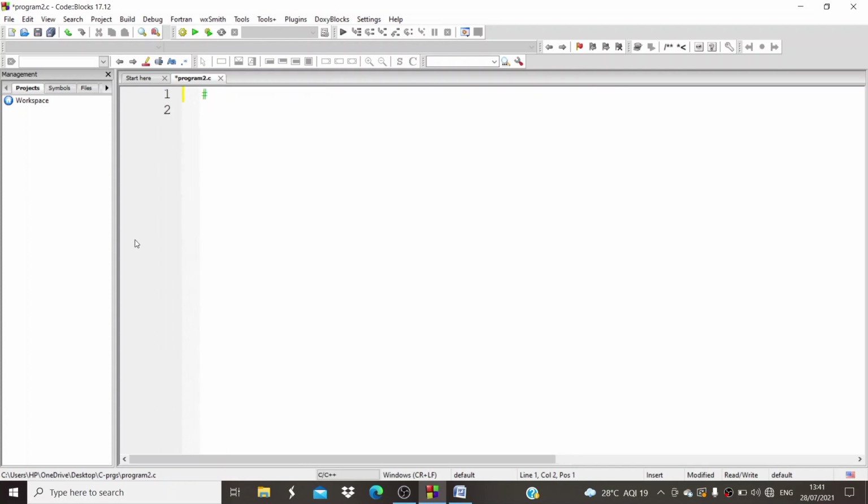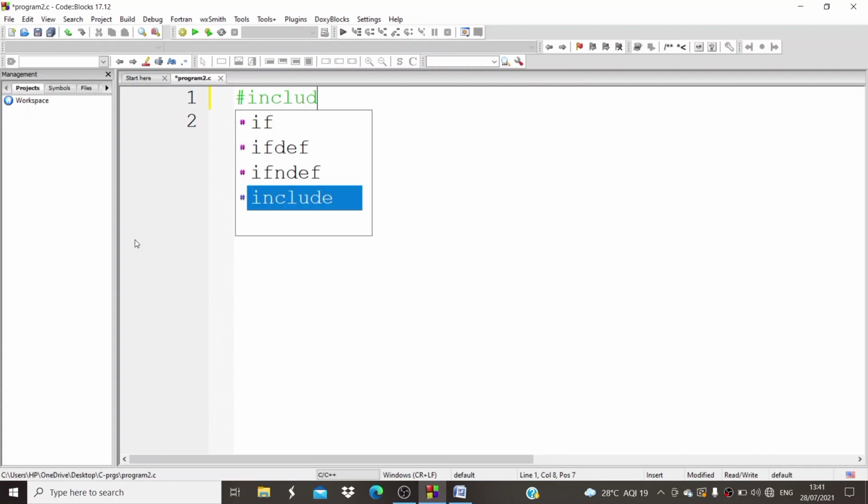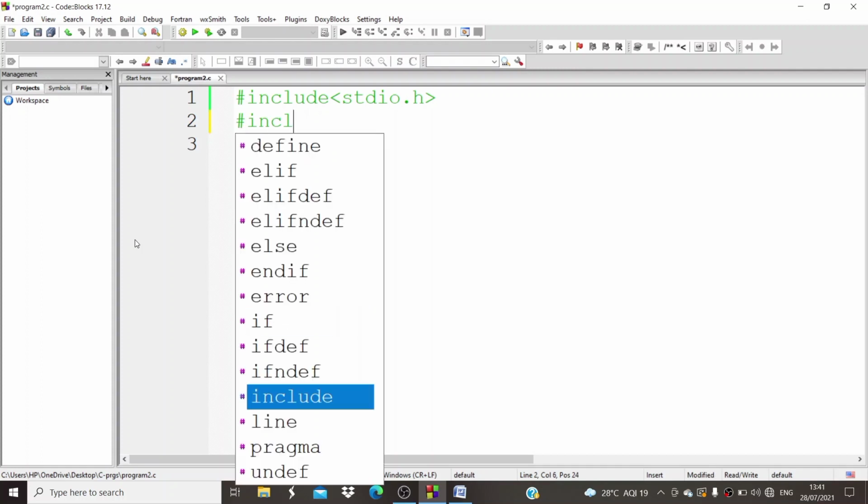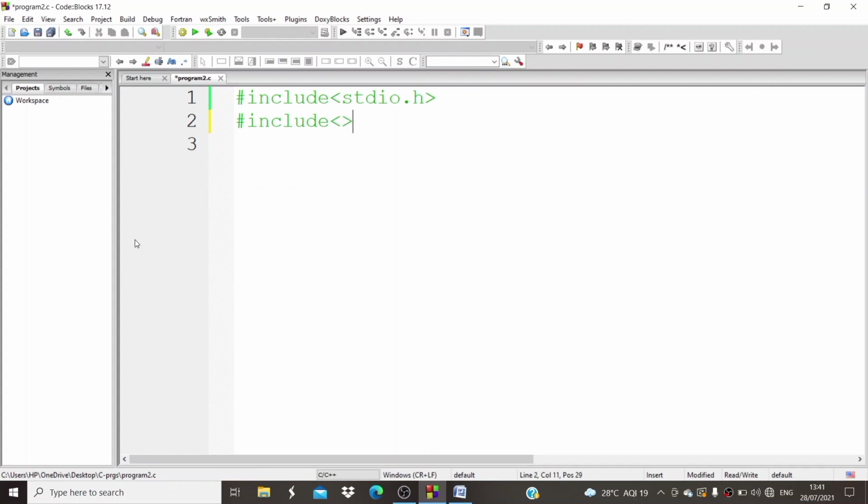As we know, the header files: #include <stdio.h> we have to use. I want to use one more header file, so that is #include <stdlib.h>.